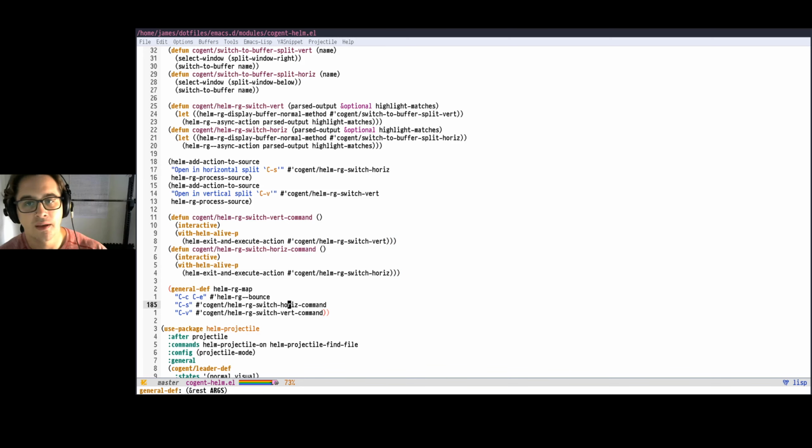So adding actions is a super useful thing that you can do with Helm. For me, that's one of the biggest game changers to Helm compared to these other things. It's both the searching, the fuzzy search is great, that's super useful, but making it really easy to just do arbitrary stuff. Like very often I'll use, say, Helm buffers to find a bunch of buffers and then just kill